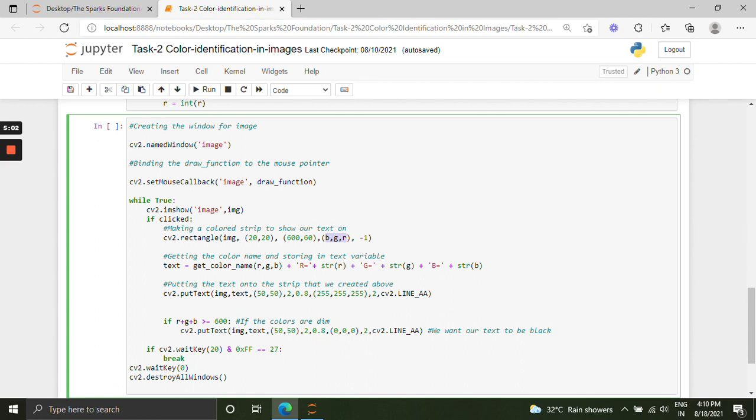Now in the next code block, we are finding the color name. We are getting this color name using this, and this is the text where the color would be returned. Now we are placing the returned color name on that strip, and this is another condition for meeting the criteria.